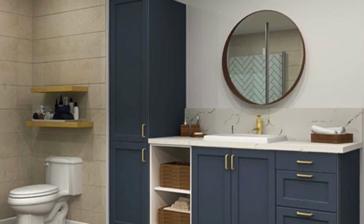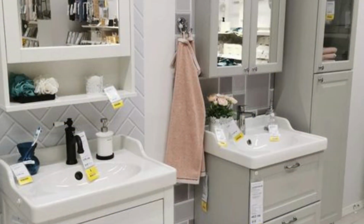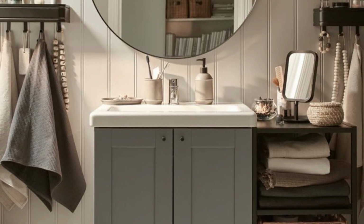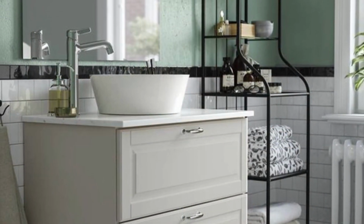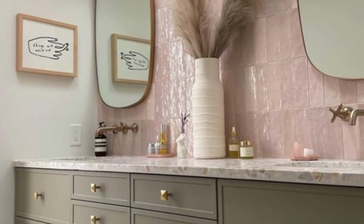IKEA's bathroom designs are a testament to both form and function, offering innovative solutions for modern living with a commitment to affordability and sustainability. IKEA has transformed the way we think about bathroom design. At the heart of IKEA's approach is the belief that a bathroom should be a tranquil retreat that caters to our